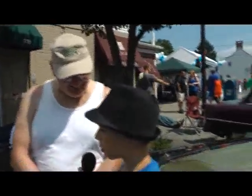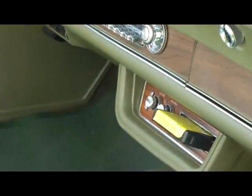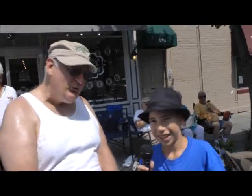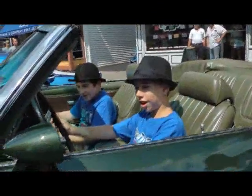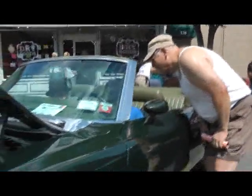Yeah, that's pretty nice. So I hear it's an 8-track car, which means that's way before any cassette or anything. Yes. That was invented before I was born. So that's pretty amazing. Well, there's a lot of things that were early like this. It has AM/FM stereo, which was just beginning at this time. It has the 8-track. It has tilt wheel, air conditioning, and it has the